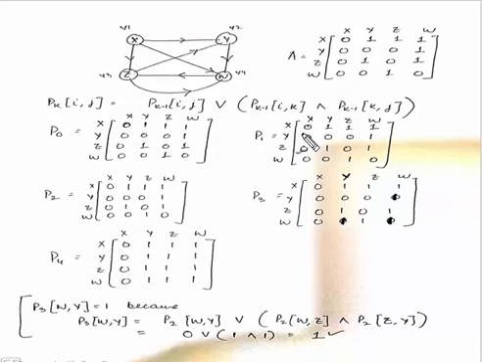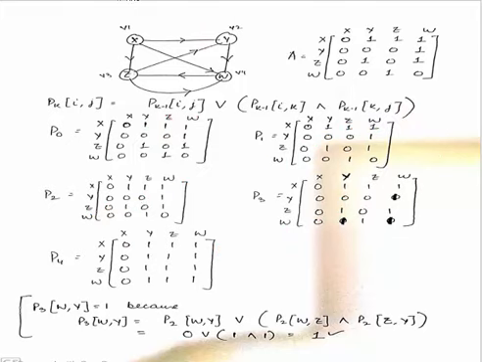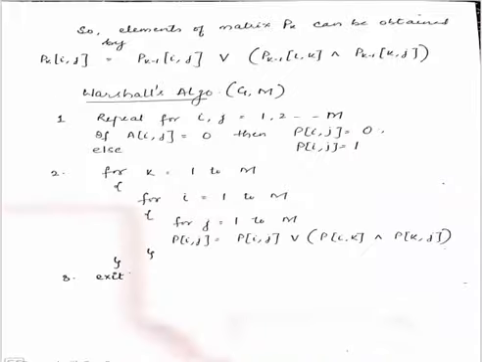When you are finding P1, every entry of this is being replaced by this. When you are finding P2, the same matrix is there, but each entry is being replaced by this one. When you are finding P3, each entry in this is being replaced by this. And in P4, each entry in P3 is being replaced by this. So this is your answer. This is your path matrix by using Warshall's algorithm. You can use Warshall's algorithm to find out the path matrix